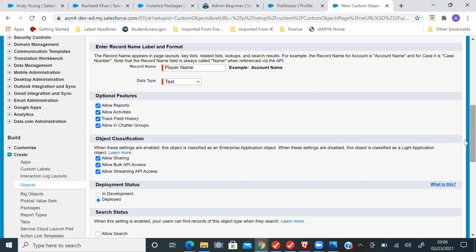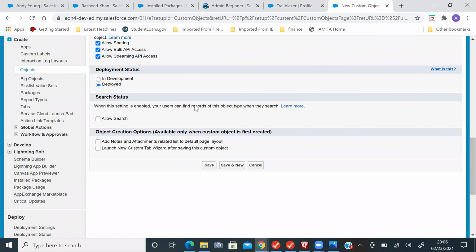Come down and click on Allow Search. What's the significance of Allow Search? If you don't click it, then what? When this setting is enabled, your users can find records of this object type when they search.